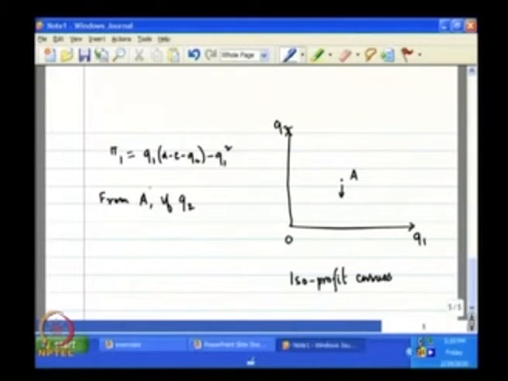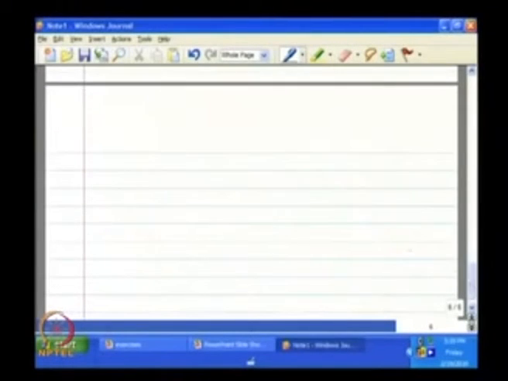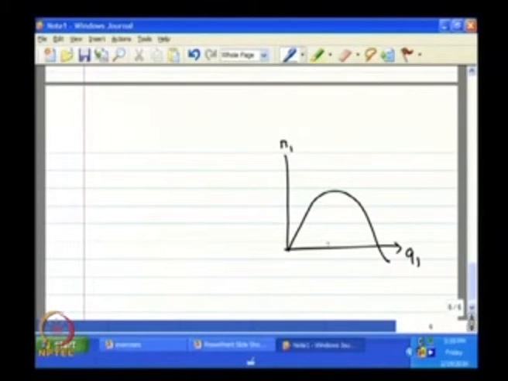If for example Q1 rises or falls, how does pi 1 respond to that? We know that the answer to that is, it is not very clear. Sometimes it can rise, it can fall. Remember that other curve we have drawn before, the profit function of firm 1. It looks like this. So, at any Q1,